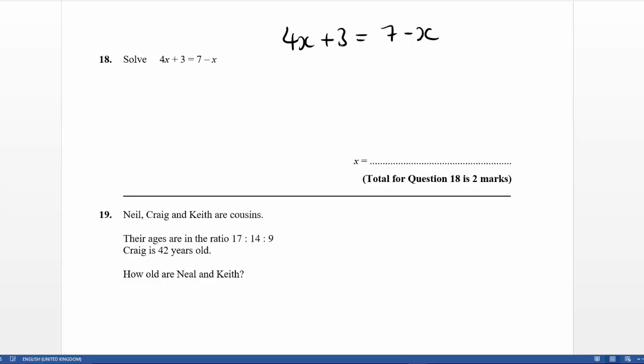What I'm going to do is subtract 3 from both sides of this equation to get rid of this positive 3. So that's going to become 4x is equal to 7 minus x minus 3. That simplifies to give me 4x is equal to, I can't believe